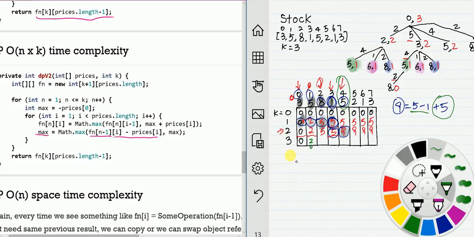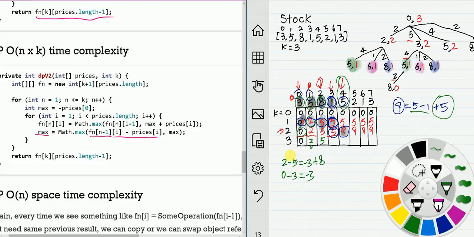If you make a transaction, the maximum value of here, 2 minus 5 is minus 3. 0 minus 3 is minus 3. The maximum value is minus 3 plus the price if you sell at this day is 8. So you get 5 here,